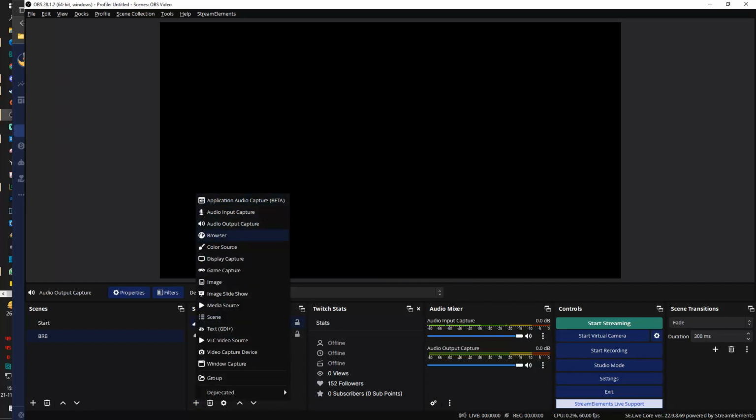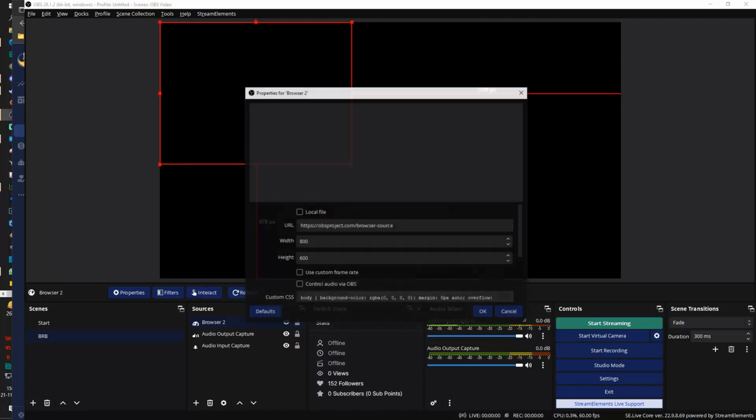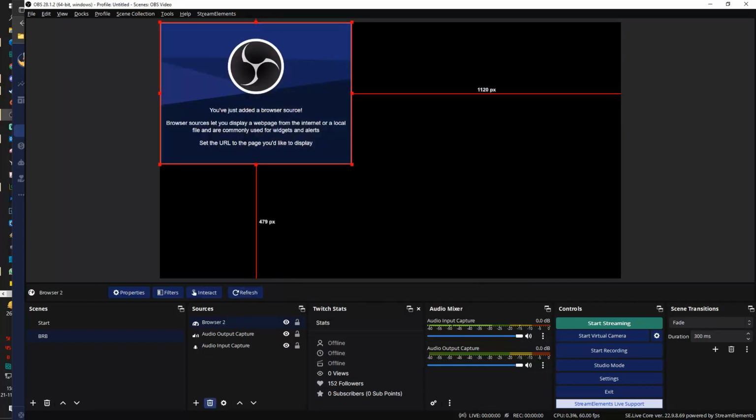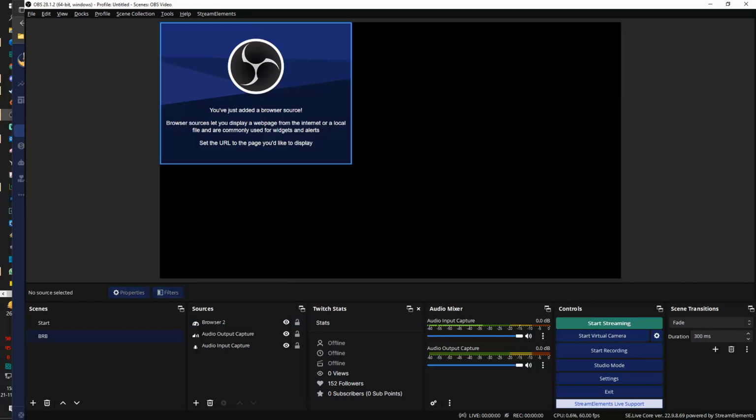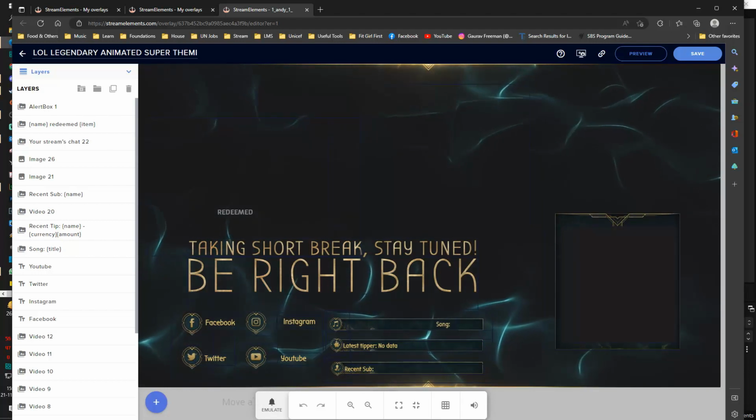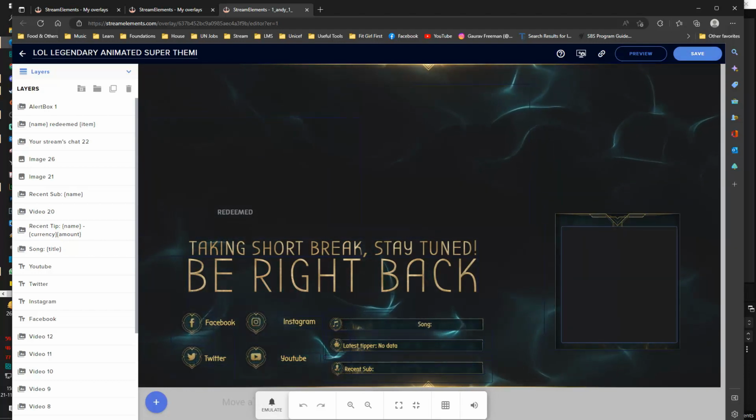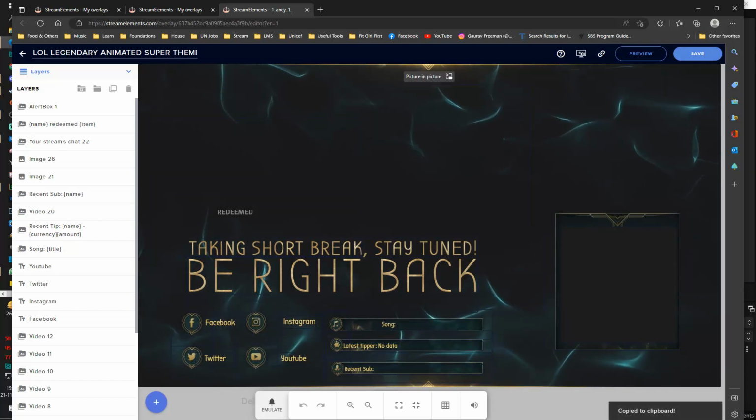I'll add browser window. So now I will not add existing, it will be a new browser window. Click on OK. We'll come back to it later, and that's it. We don't need webcam on this browser window, so I will just go to StreamElements, and it will appear something like this. This is your chat window. Click on save, copy the URL,